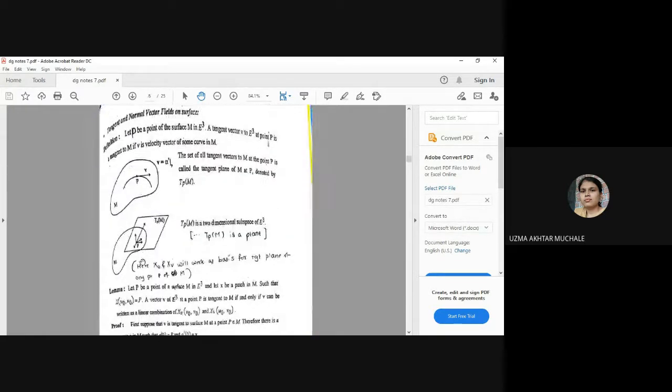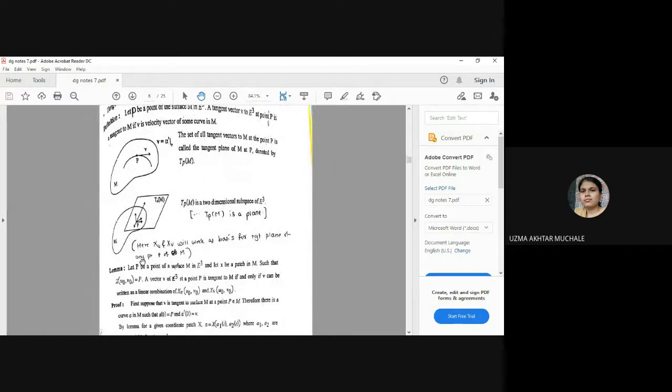Okay, so after that we have seen what is a tangent vector, what is a tangent space or tangent plane on a surface, and TPM. Instead of TPM we have studied TP of E3 in the first chapter. So wherever you are having E3, just replace it by M, because M is also a subset of E3. So it is just all the definitions of those things which we have seen in the first chapter, restricted to our surface M. What is a tangent vector? What is a TP of M, TPM, and all.